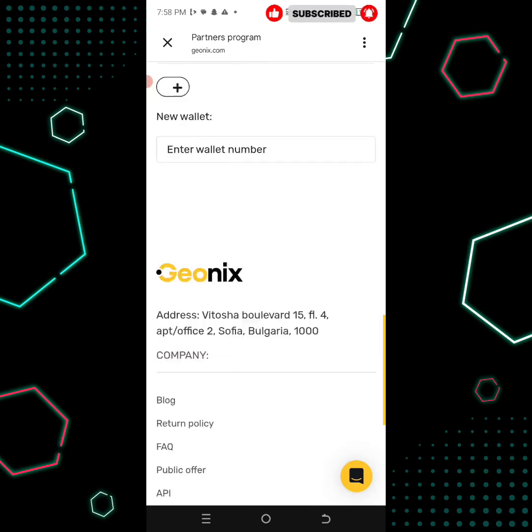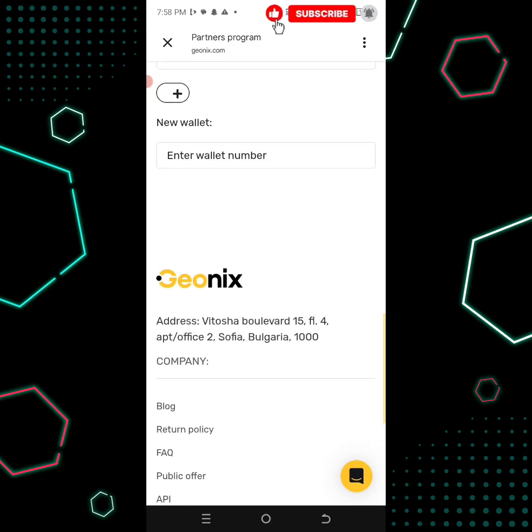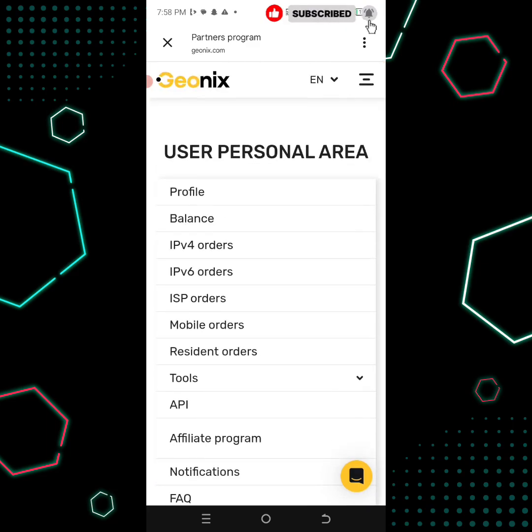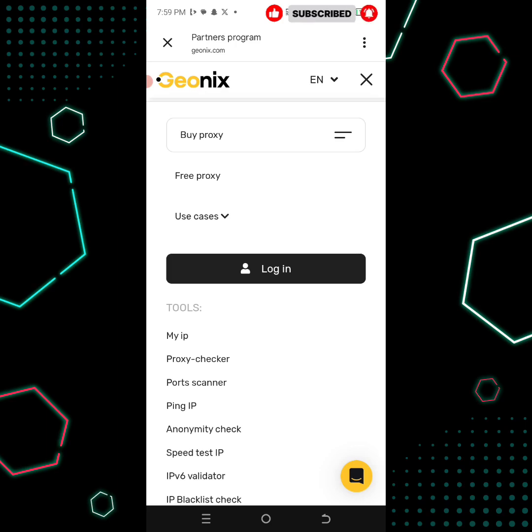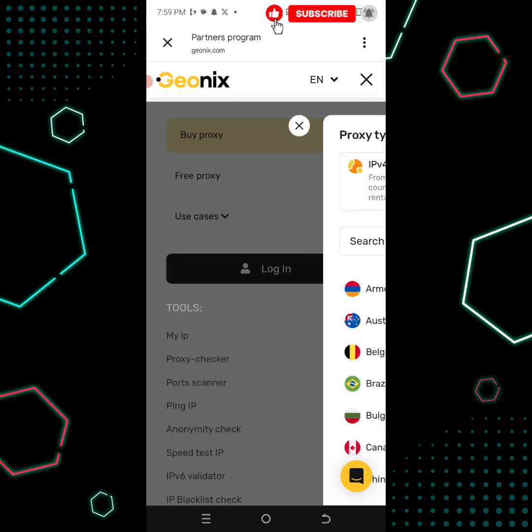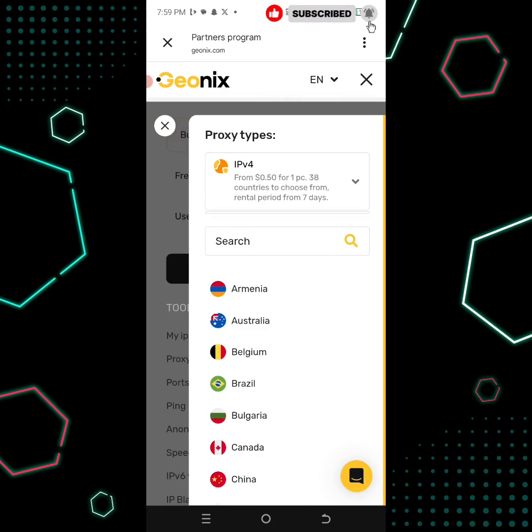Now first, let's say you have a new profile signed in, and then the first thing you have to do is navigate through this route. So this is how you see your dashboard when you sign in for the first time. Click on those three signs there, then click on buy proxy. For surveys I would recommend